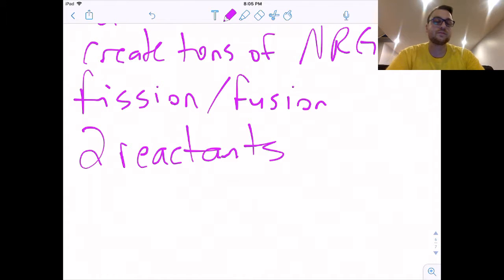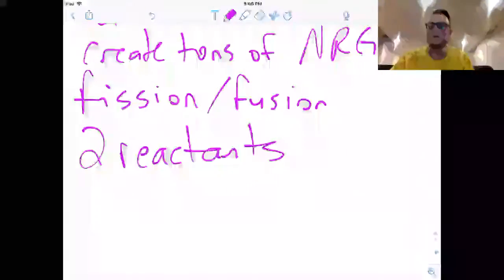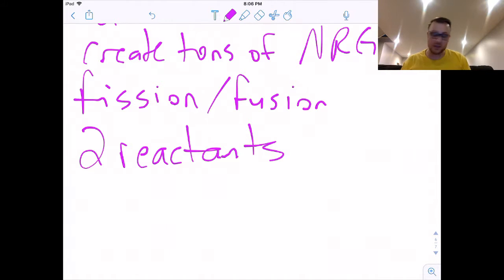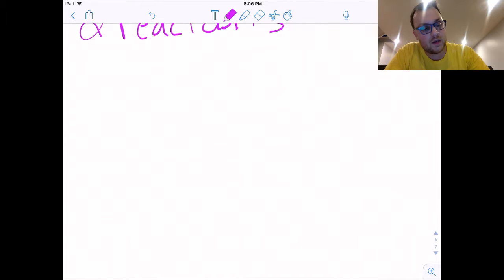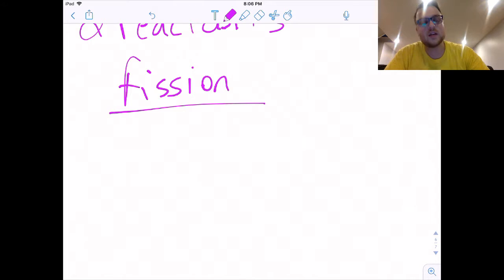These are typically not spontaneous, though. But usually you'll just see this as fission or fusion. Doesn't have to be. You can have a two-reactant reaction that's not fission or fusion, but usually they're fission or fusion. Fission first. Fission is division. What does that mean, fission is division? That means when you see a fission reaction,